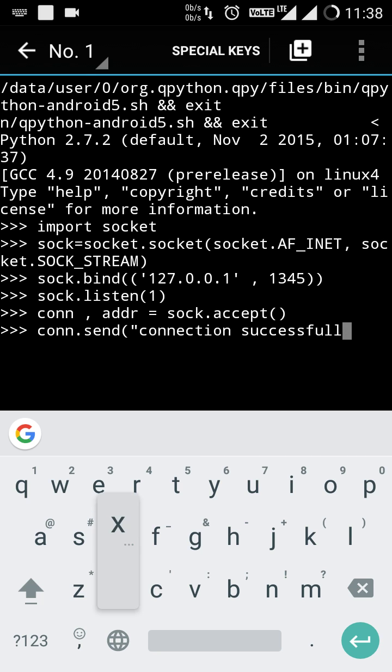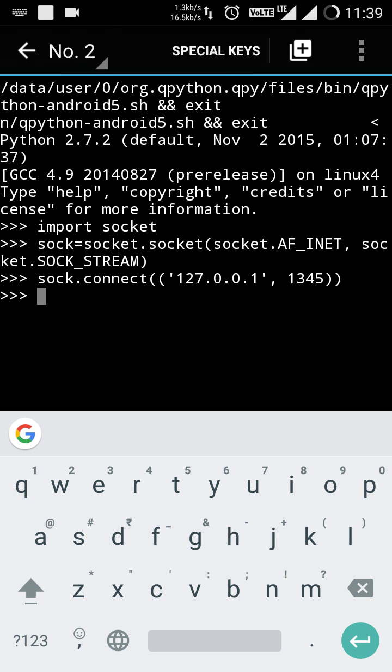And for this connection successful, after I send it out, it will show me how many bytes or how many characters I have sent. Now on my number 2 console, that is on the client, I haven't received any sort of message, because I haven't received anything. For further communication, or for